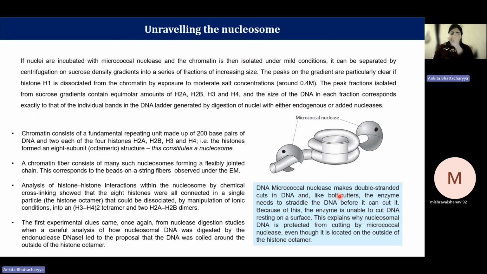So what they do is, this is the central nucleosome. Like you can see in the figure here, it's a better representation. The enzyme needs to straddle the DNA, and only then it is able to cut it. Because of this reason, the enzyme is only able to cut DNA that is resting on a surface. Therefore, nucleosomal DNA is protected from cutting by MNase even though it is located on the outside of the histone octamer. Now, this is a heavy statement and a very informative statement. What do we mean by that? Please understand that